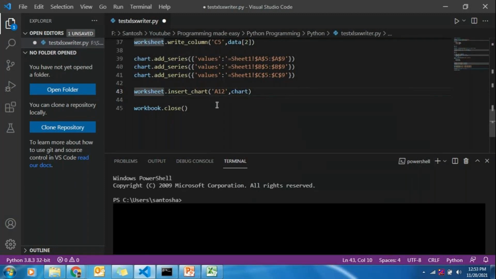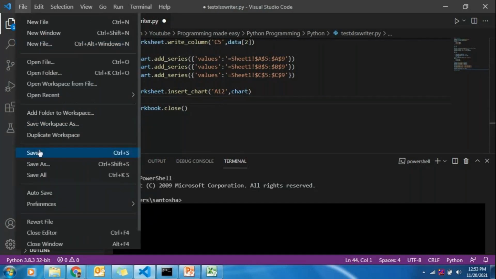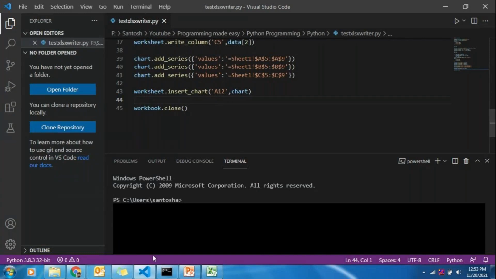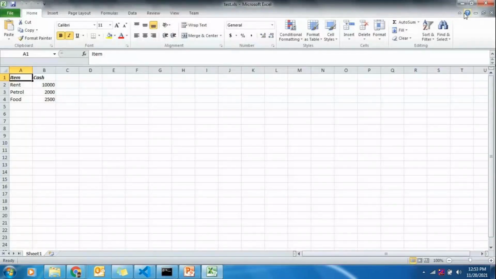That is one format. The other format you can directly give like A1, A2, A3 or B1, B2, B3. So A, B, C, D indicates the column and the number indicates the row. So A12 indicates A12 cell. So now save this and we will see whether our chart is inserted or not.